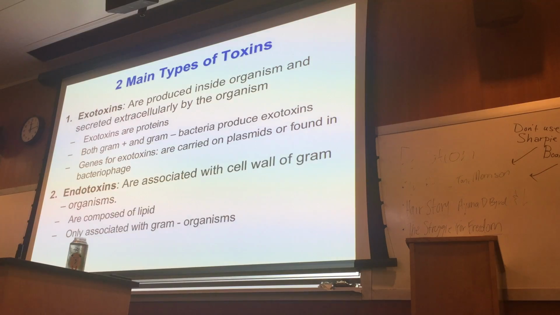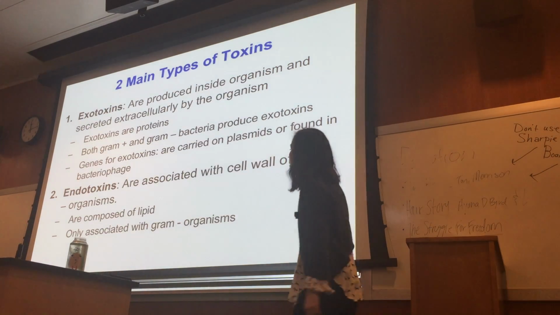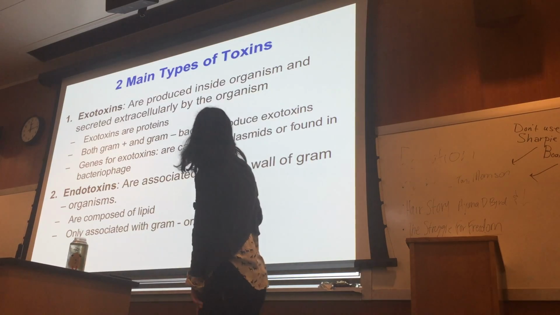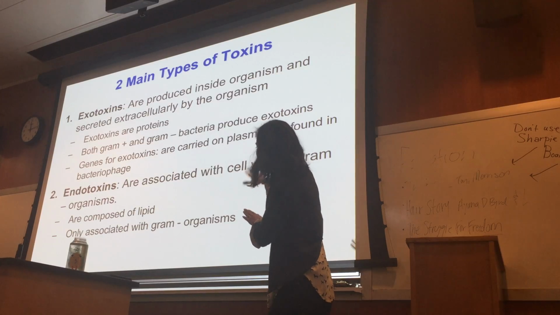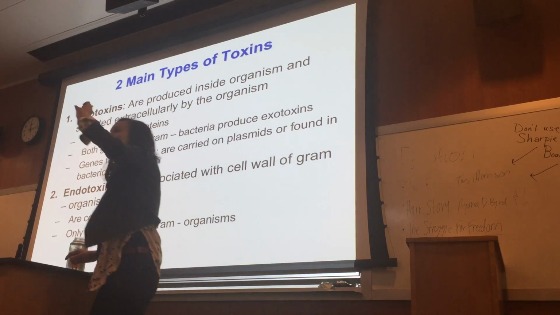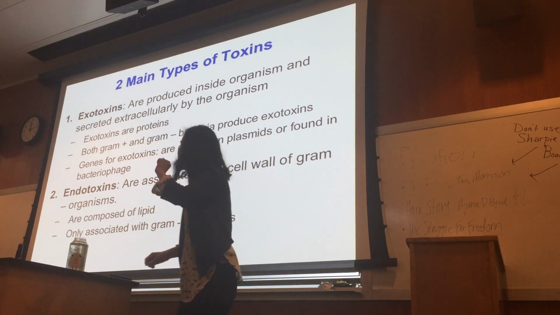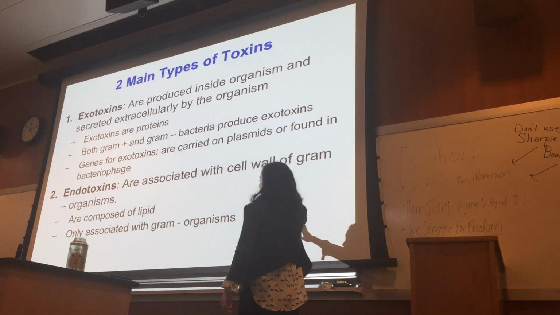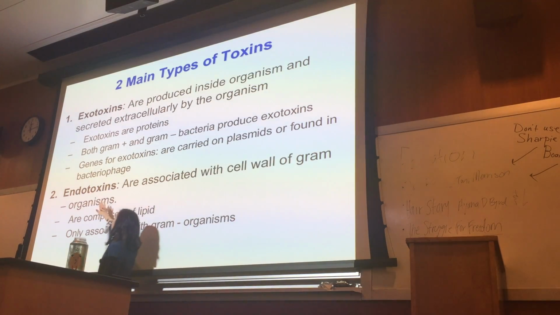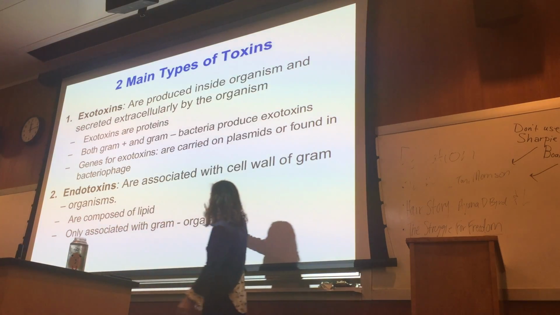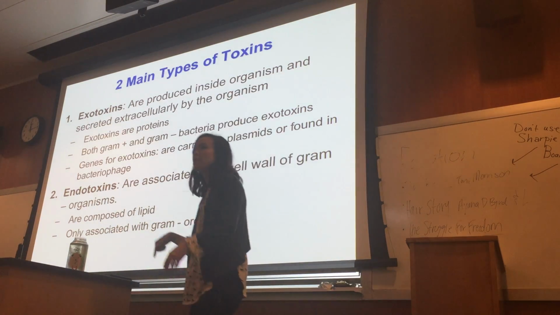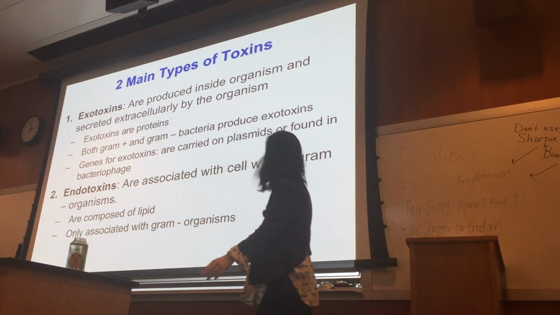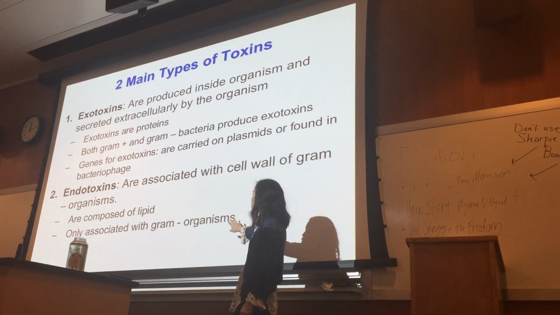Now, endotoxin, we're not really going to talk about that much because you guys are already familiar a little bit. Remember we said endotoxin is kind of a different subcategory. Endotoxin is that lipid part of LPS though. So this is a different category because of course endotoxins are only found in gram negative, because gram negatives are the only ones that have the LPS. Gram positives don't have LPS. So that's why it says only associated with gram